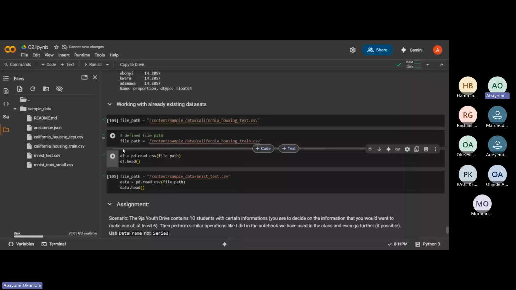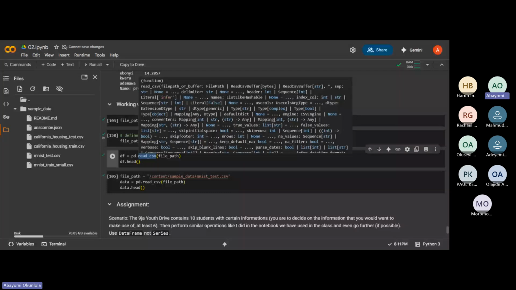Okay, so I say I have my df, which is the short form of data frame, equals to pd.read_csv, since the file type here is a CSV file, that is a comma separated value file. If you take a look at the read_csv function, it has a whole lot of parameters to take in, but we wouldn't be looking into that right now.